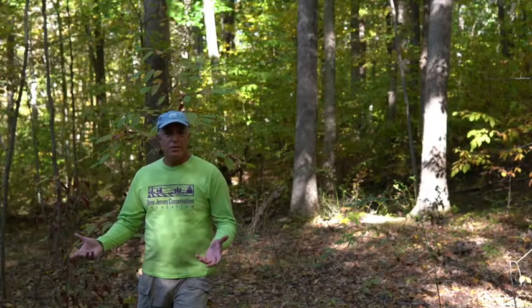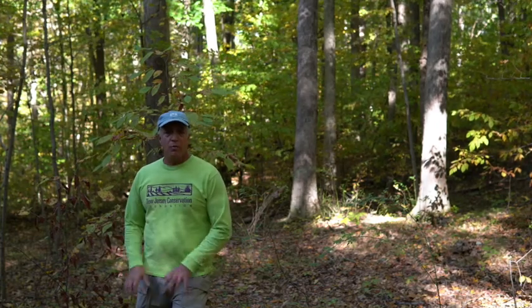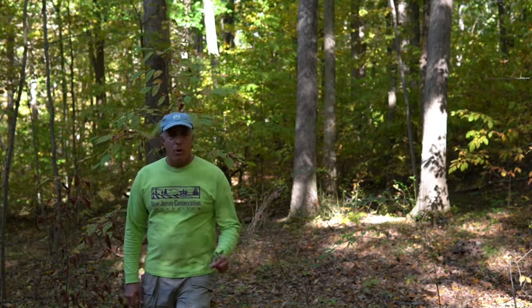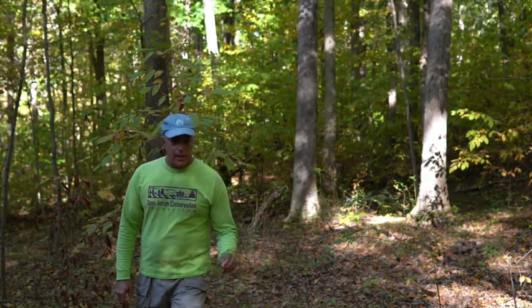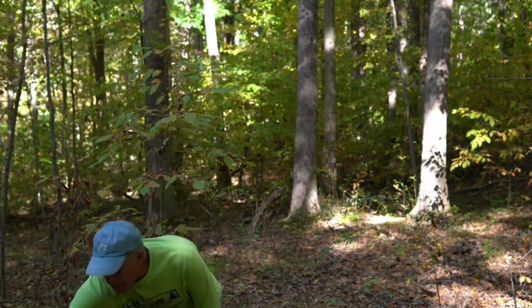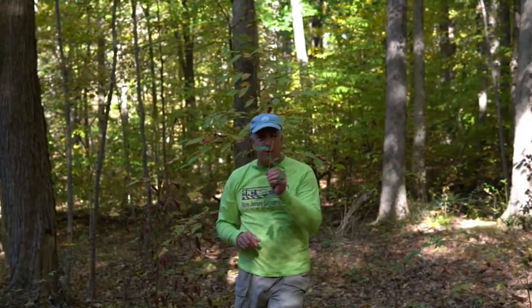And some things, it's only been dead about maybe 2 years. And so some things are already starting to happen in this light gap. There's a very young multiflora rose, which was here probably as a tiny little seedling waiting for light, and now it's grown up as high as my belt. And there's a Russian olive that was also probably sitting here waiting for something to happen, and it's growing up